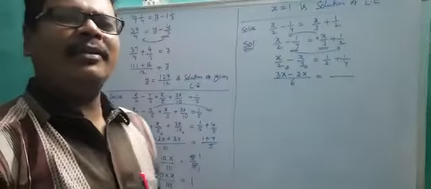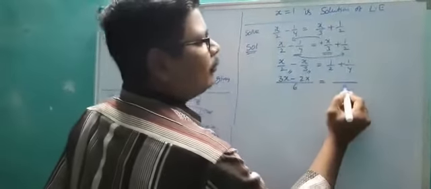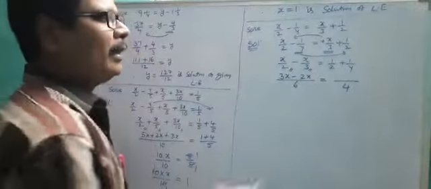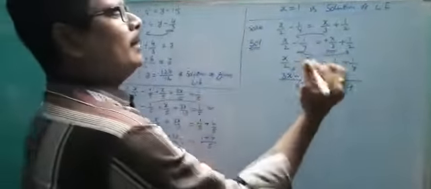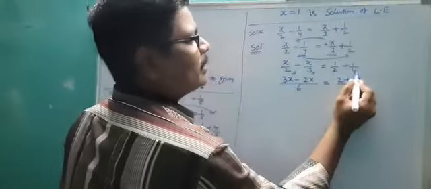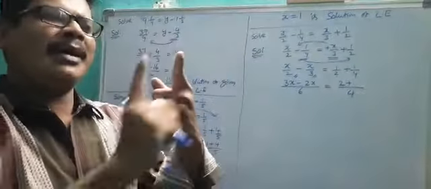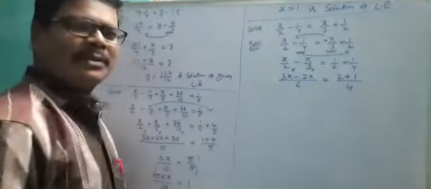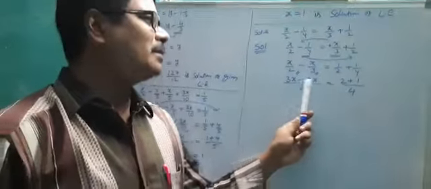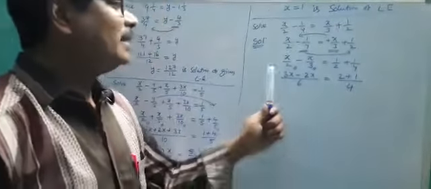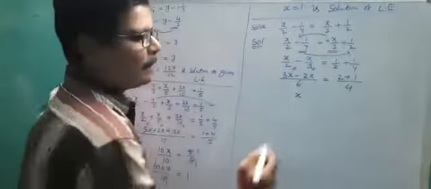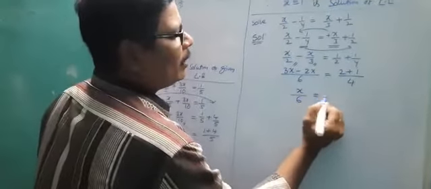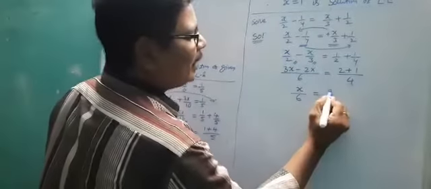So 2 is a factor of 4. So for 2 and 4, the LCM is 4. 2 how much are 4? 2. So 2 into 1, 2 1s are 2, plus 4 how much are 4? 1s are 1, into 1, 1. So both are like terms because they have the same variable x, the same exponent. 3x minus 2x equals 1x. That means x by 6 is equal to 2 plus 1, 3 by 4.